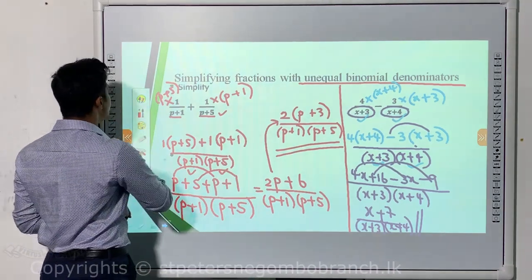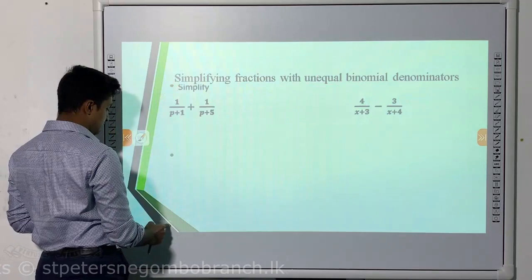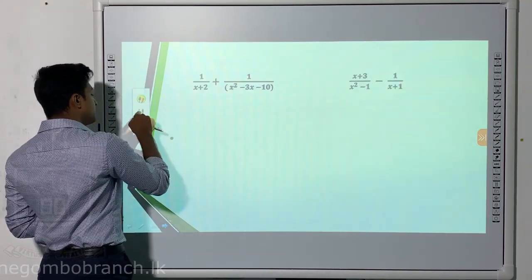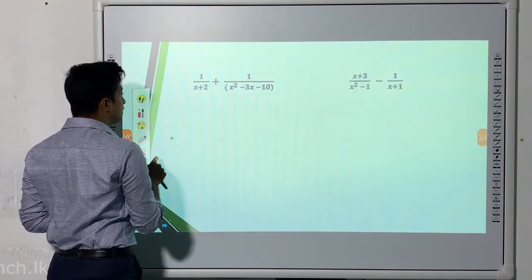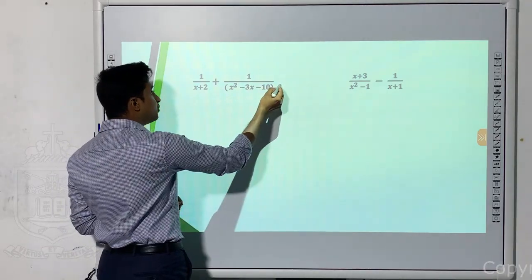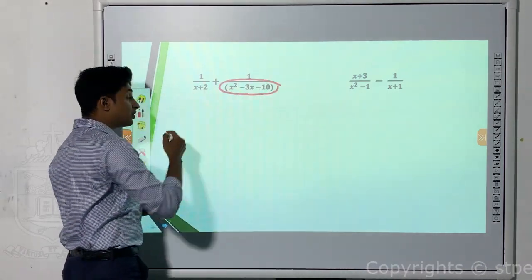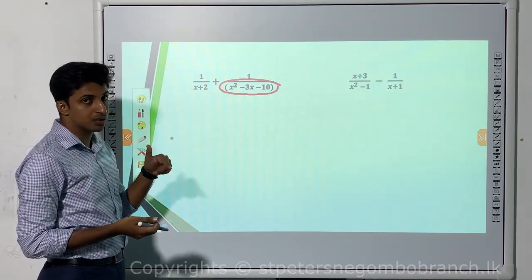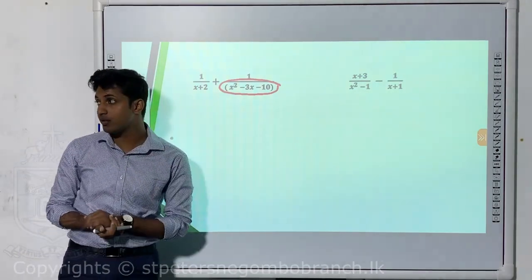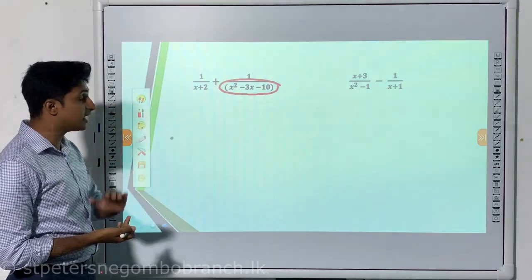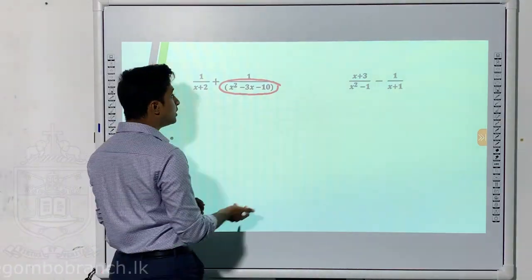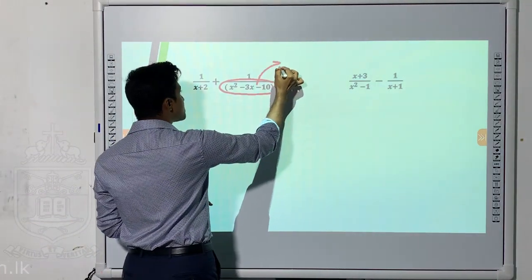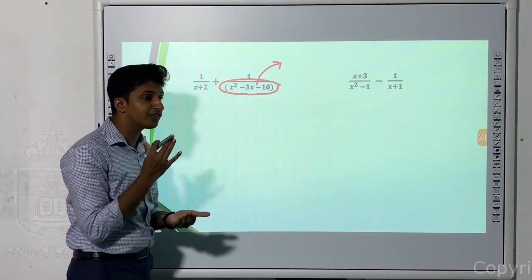Right. Moving to the next part of the lesson. Under the same topic, we have another different part. Now see, you have got quadratic expressions. It becomes an equation when you have something equal to 0. Here you don't have an equal to 0 value, you have only an expression. So when you get a quadratic expression, you have to factorize it.